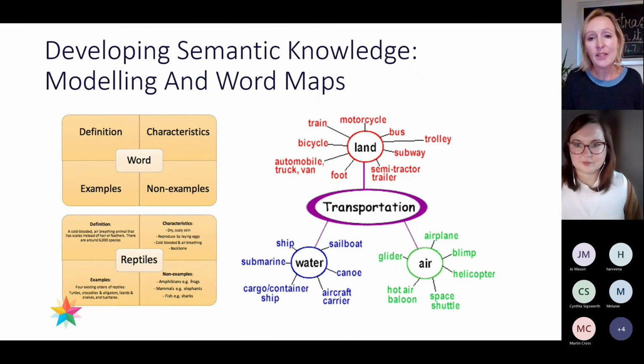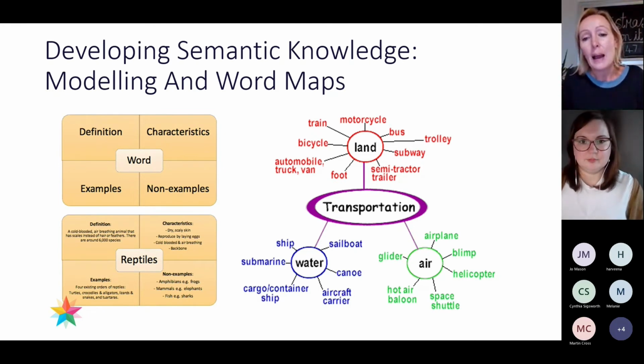If you've seen anything that I've done before, you may well have come across this, but certainly these are called the Frayer models on the left, or semantic or word maps on the right. And these really help us understand our thinking as well as embed vocabulary. The Frayer model there is very simple. You put your keystone word in the middle, and then you try and come up with a definition, some characteristics for that word. It's quite helpful if it's a noun.